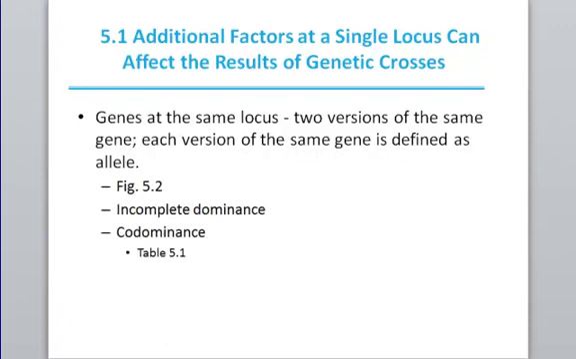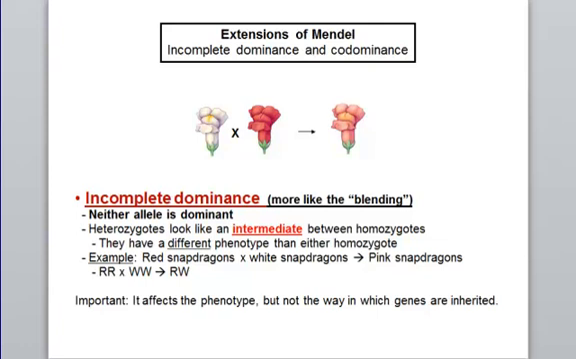And here is the definition of an allele. These are 2 versions of the same gene, and each version of this gene is defined as an allele. They are basically identical, but with few DNA sequence variations. The important thing to know about the definition of an allele is that it is just a different variation of the same gene. Now, when we started to look at the extensions of the Mendel principles, we started looking at different